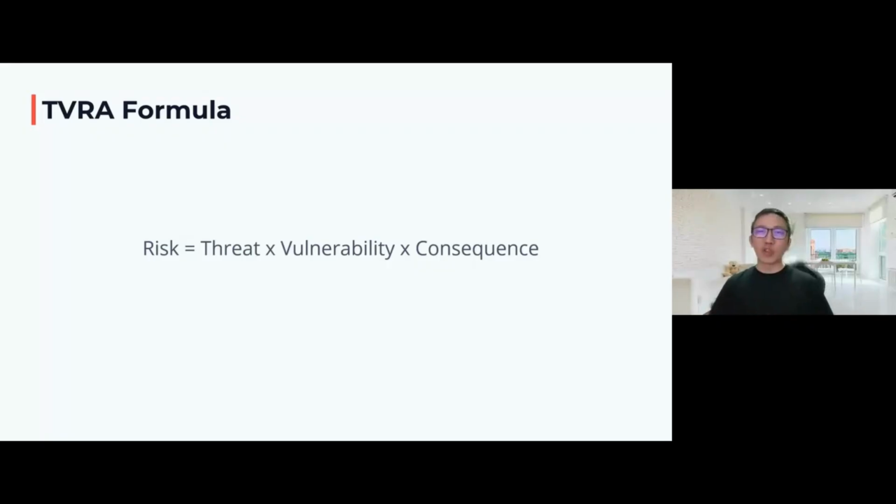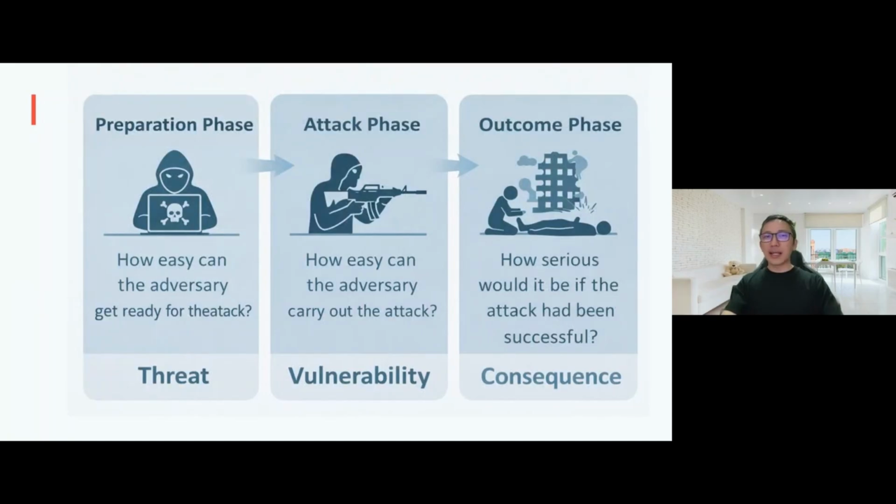Now, typically when you do the TVRA, risk is equal to threat and vulnerability and consequence. We just lump all the factors together. But understanding consequence and impact will help you to categorize it so that you can deep dive more. Once you ask yourself what is consequence, next you ask yourself, is there any impact to it or not? Is there a secondary effect? You may be able to find out more factors to help you to do a scoring for these factors. So this is another perspective to understand